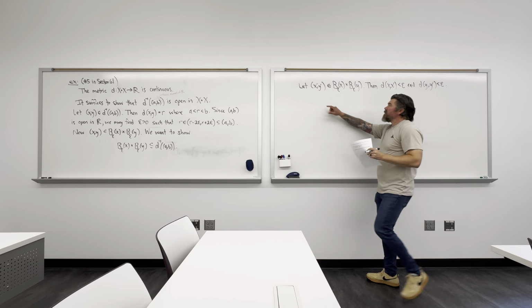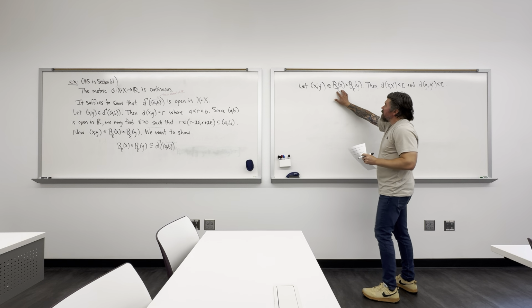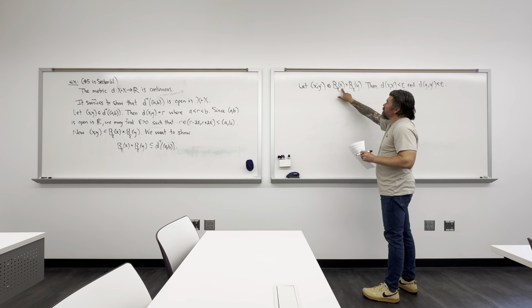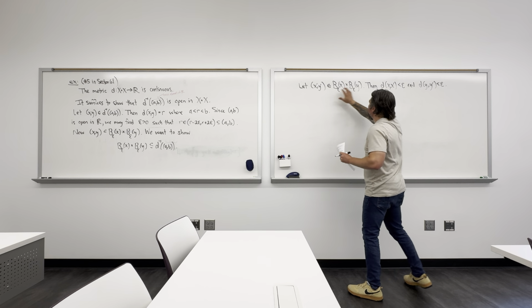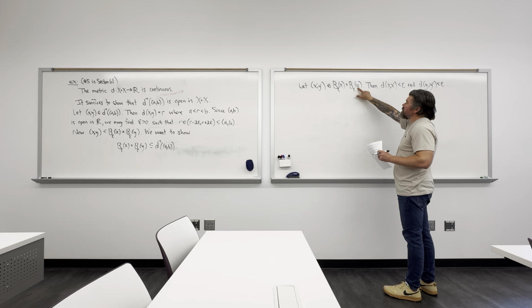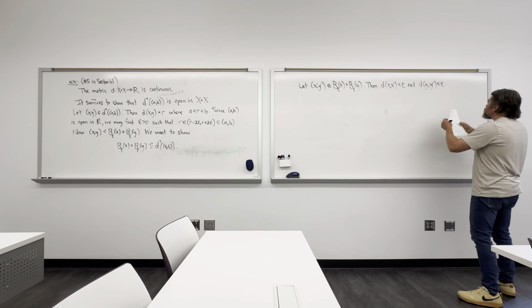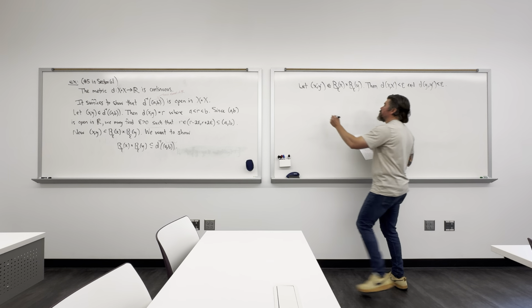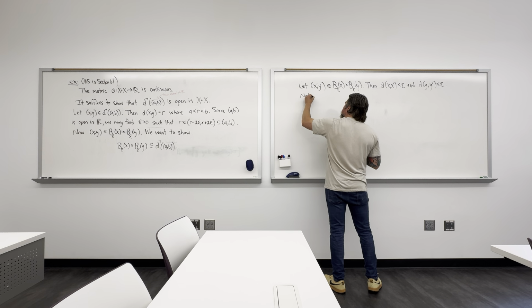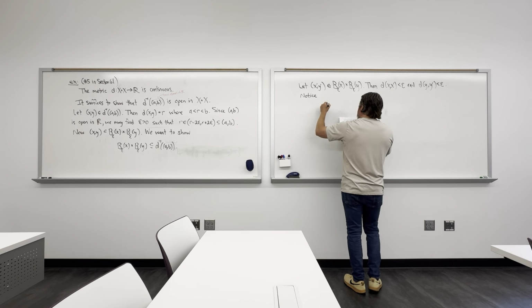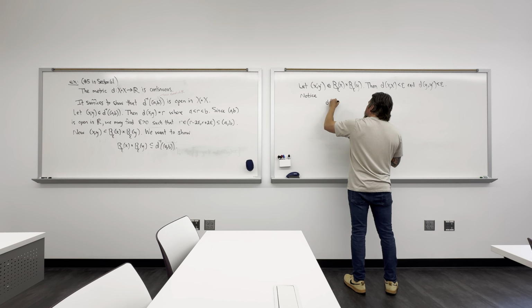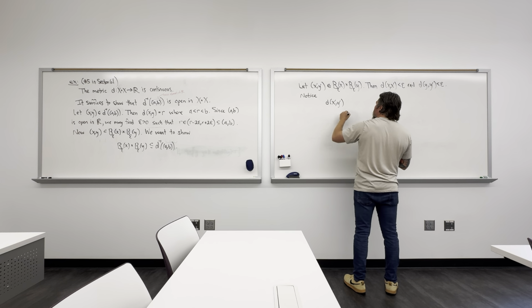Right? Because x prime sits inside here, so the distance between it and x is less than epsilon. y prime sits inside here, so the distance between y and it is less than epsilon. So that's what we have here. Now notice that the distance of x prime, y prime